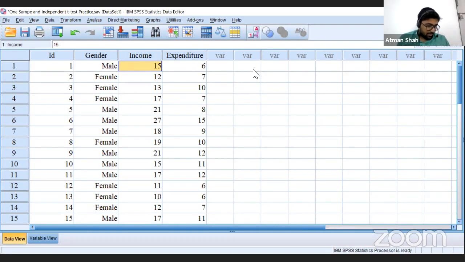What is the difference between paired sample t-test and independent sample t-test? The difference between these two will be covered when we discuss the independent sample t-test. Okay,